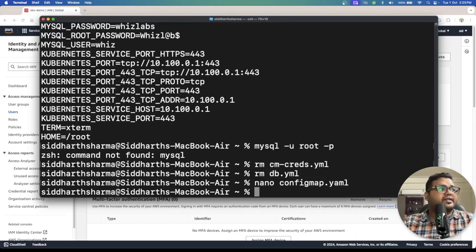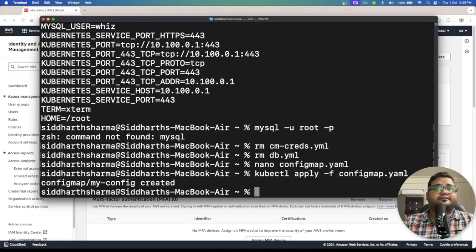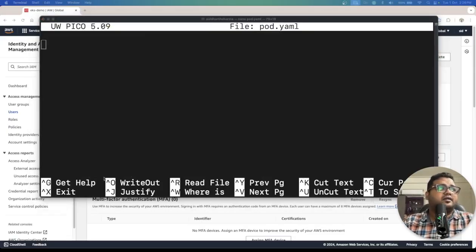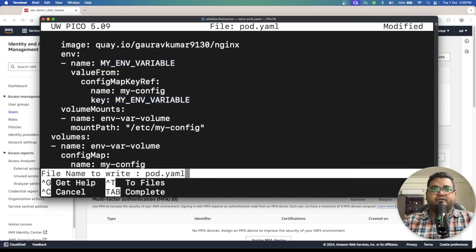So come out from there again, apply the file, kubectl apply -f configmap.yaml, okay, and let's create a pod.yaml. And now this is the thing. So see the same variable, the key which we have done in the config map, that will be taken as a value here, right? So that's all. So close this one,